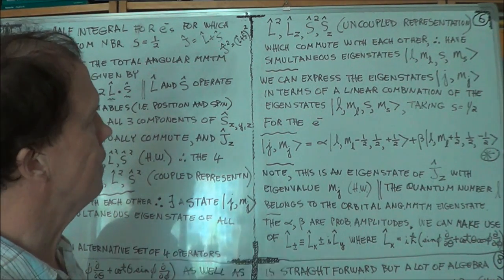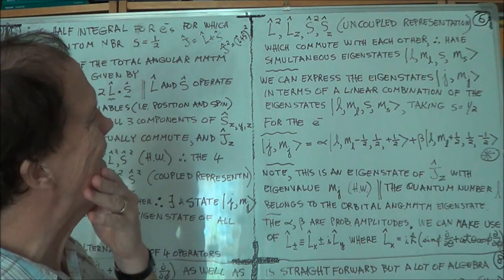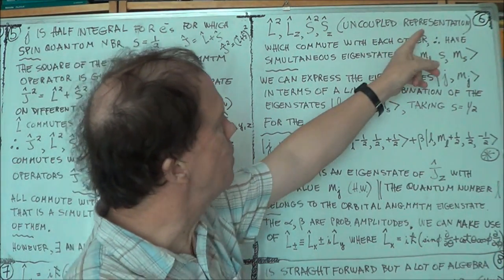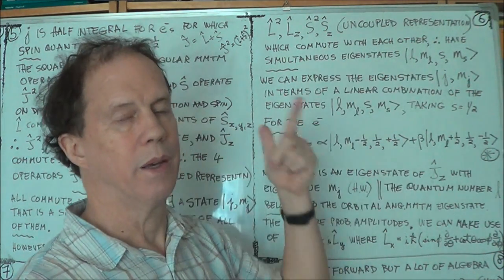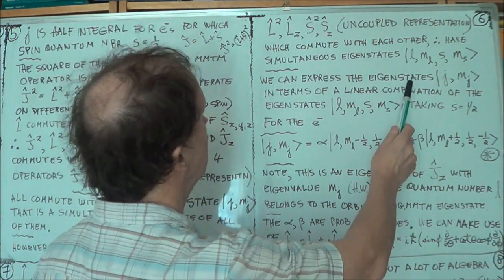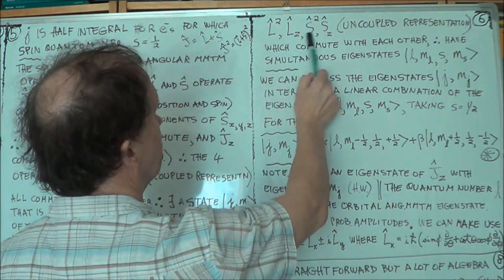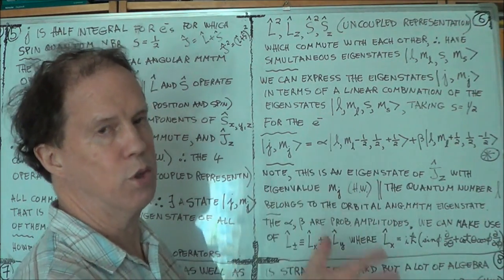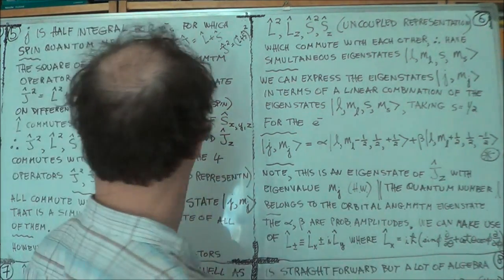Okay. Now, so we've got two representations, one coupled and the other uncoupled. Here's the uncoupled representation. The set of mutually commuting operators, and here